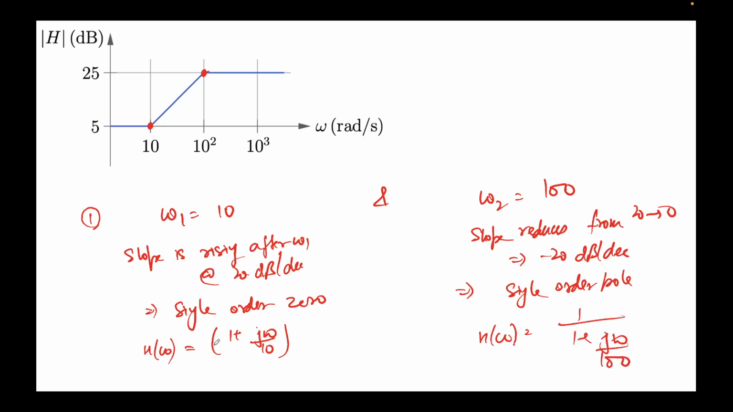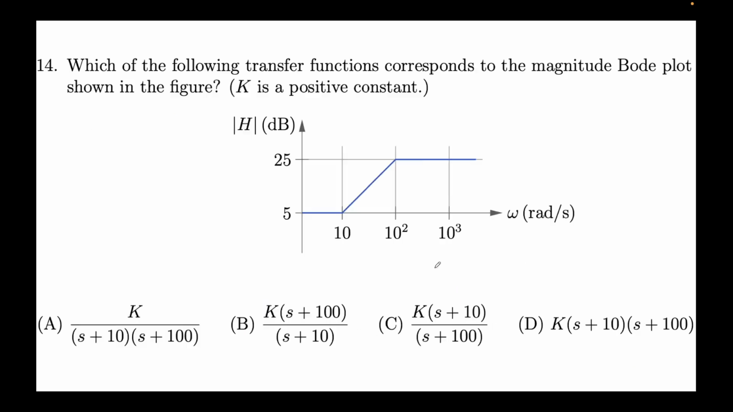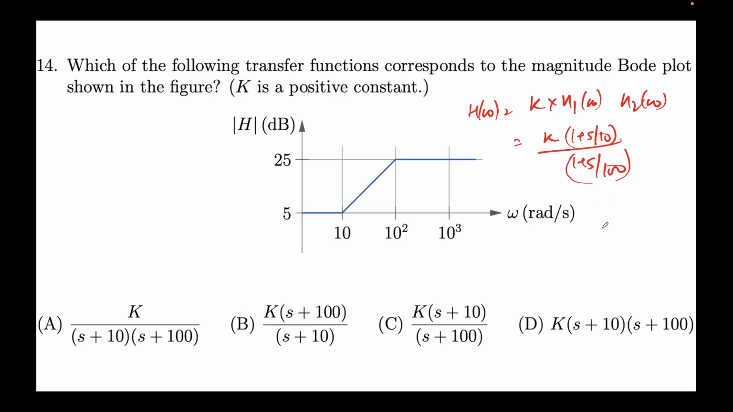And we know that once we have obtained the two functions, let's call them h1 and h2, I can simply multiply them. So H(j omega) will be k times h1(j omega) times h2(j omega). So it will be k times (1 plus s by 10) over (1 plus s by 100). That is the form that I'll obtain. Now you take the LCM, it will be,